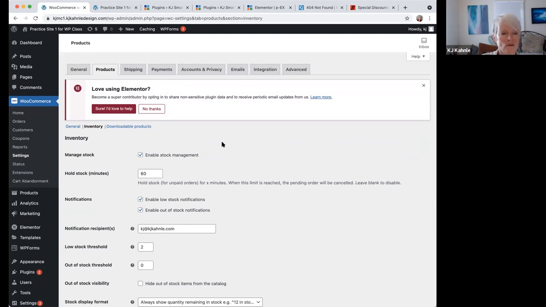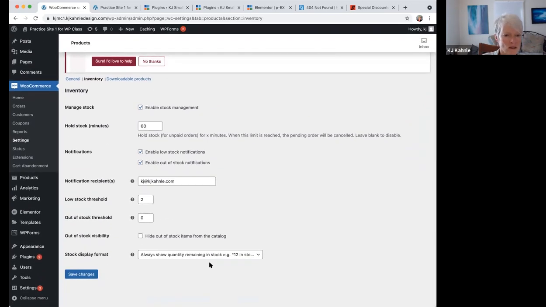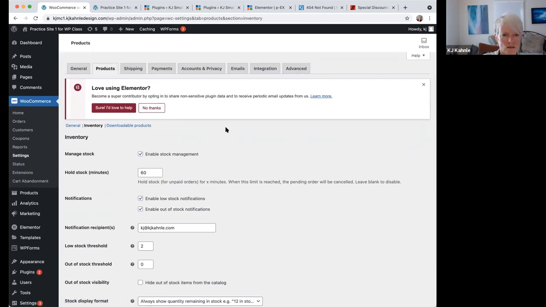And this is a little bit different where, let's see, where's stock management? I'm going to have to look now. I didn't go back through this in a while. I haven't set one of these up in a while. Downloadable products, where do you put in actual products? Inventory, that's just inventory information. Oh, wait, that's going to be over here in orders, customers, coupons, reports, settings, status. Maybe it's an extension. Okay, I'm going to have to back up on that one and say I can't find